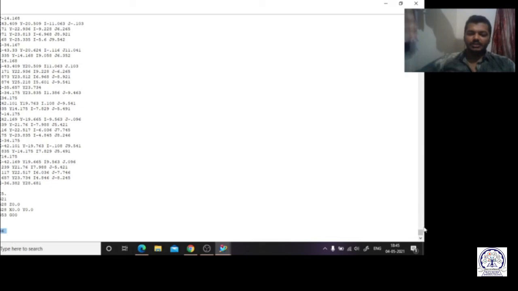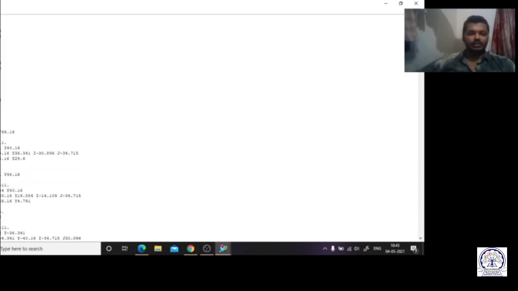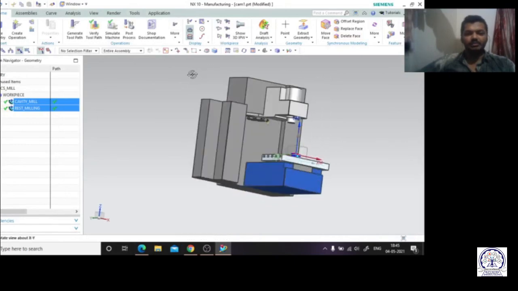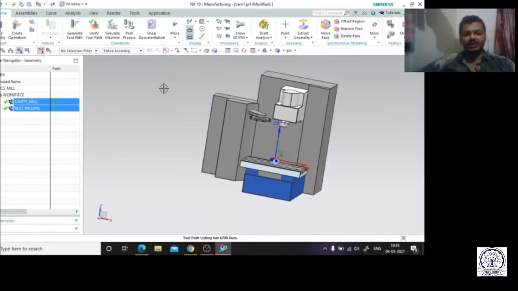So this much of CNC code we can get from the NX software. Okay, and this is how practically the machine will be looking like. So I hope all of you have got how the machining process is going on, and this will be very helpful software if you want to learn CAM or CAD.